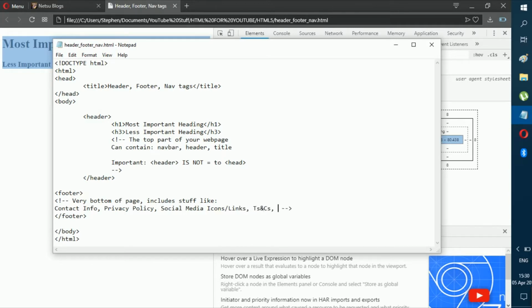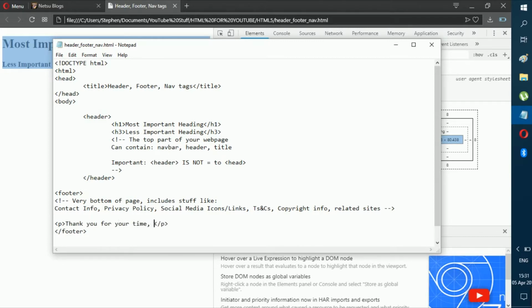Now of course, same with the header, you can still put images, music, whatever you want inside a footer. It's also just a div tag with a different name. It is just generally used to hold these things. Now my web page doesn't have a footer yet, but I will give you an example of what would be